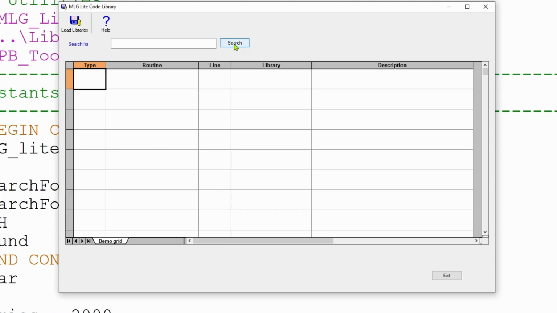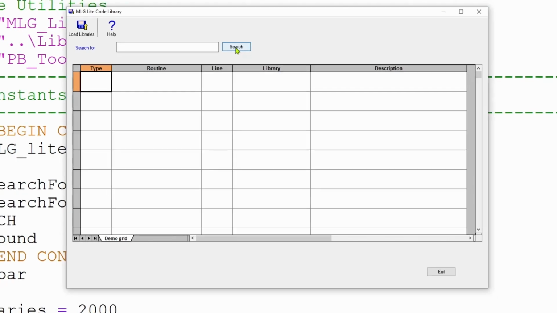But before we do that, we need somewhere to display the search results. We have a grid on screen at the moment which we're using to display all the details of what is in the libraries. We can quite easily add a second tab to our grid, a second sheet, to display results, as it's going to contain the same columns. So how can we do that in the code?